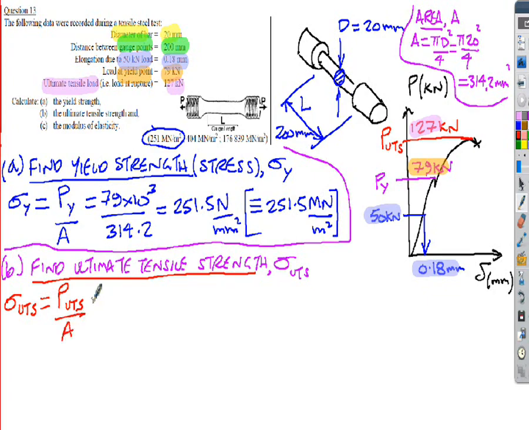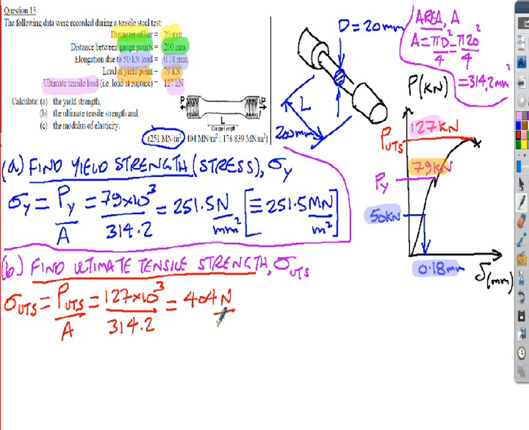Area doesn't change. But I'll be using 127 kilonewtons, so 127 times 10 to the 3 newtons divided by the area 314.2. And again, doing the numbers on that, I get 404